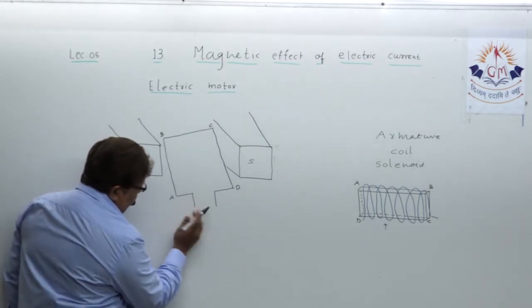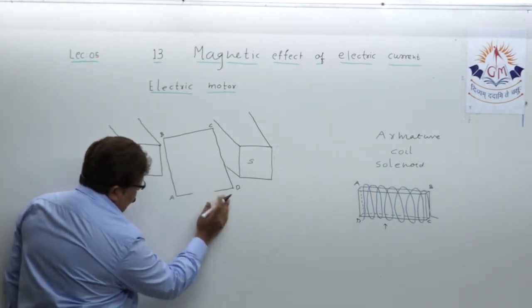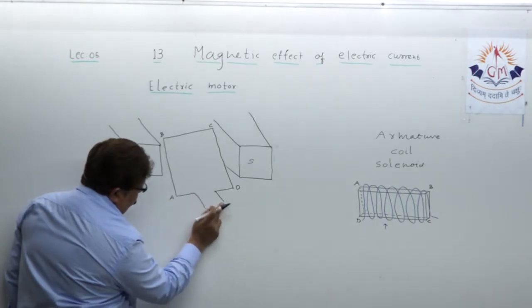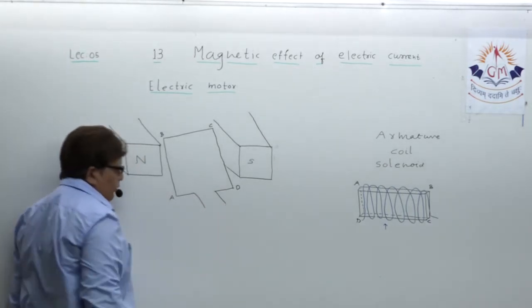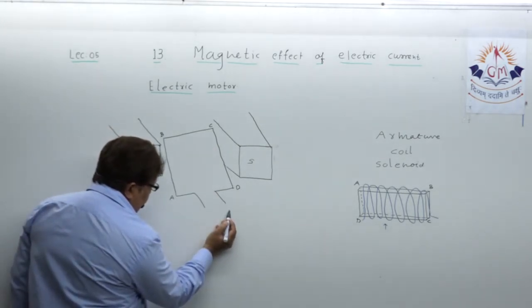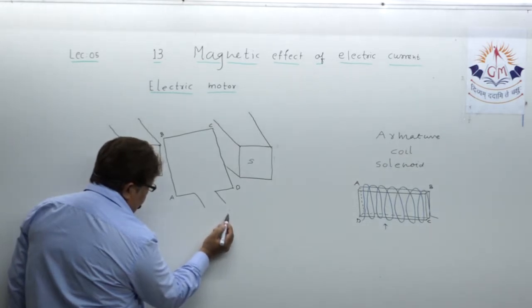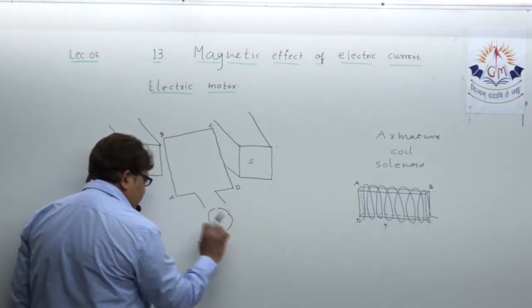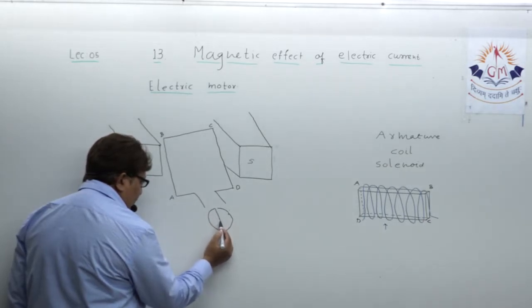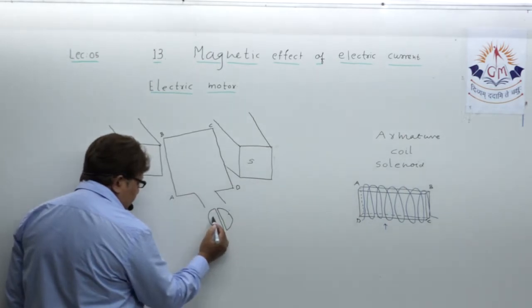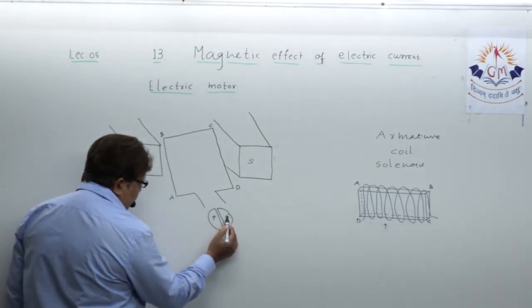Now, dear student, what you need to understand is that this coil of wire is actually attached to a slip ring, which is a split slip ring. Let me show you a slip ring this way. This is split rings from here. Okay, this is also sometimes called a commutator arrangement, P and Q, slip ring.